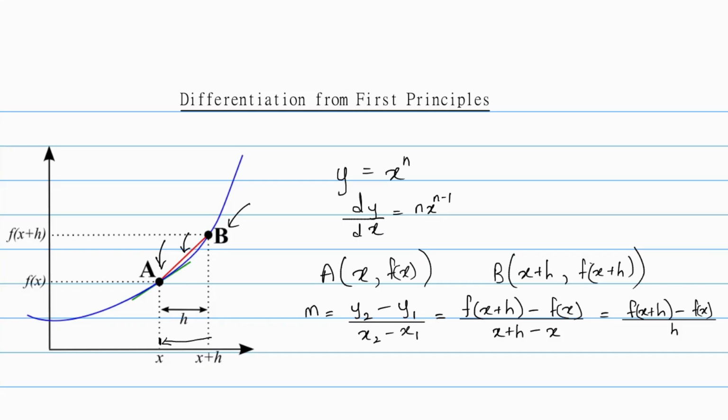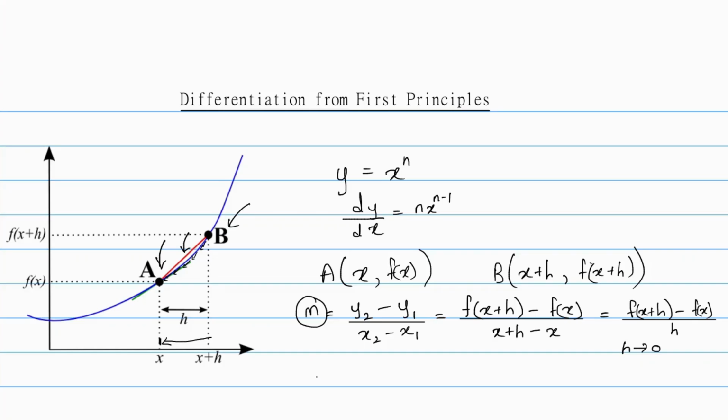That means B gets closer and closer until it is infinitely close to this point A. And that means this gradient m, when the value of h goes to 0, is the gradient at point A of this function